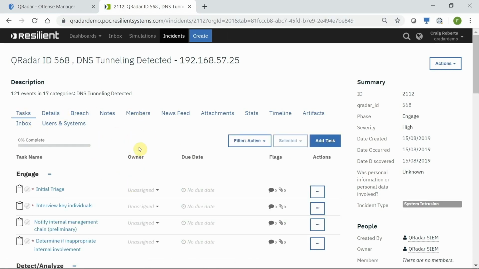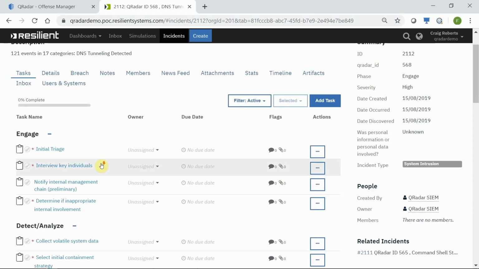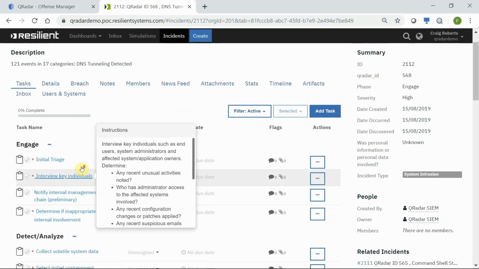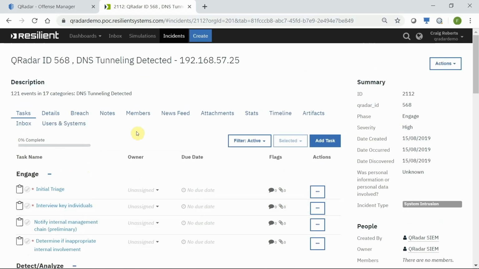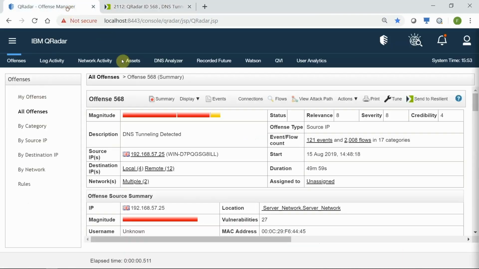So what we can see is it's launched us straight into Resilient. We have our playbook for our system intrusion. So these are the steps to go through to remediate. And we also have some other information, things like the QRadar ID over here, so we know what it's linked back to. And if we go back to our offense